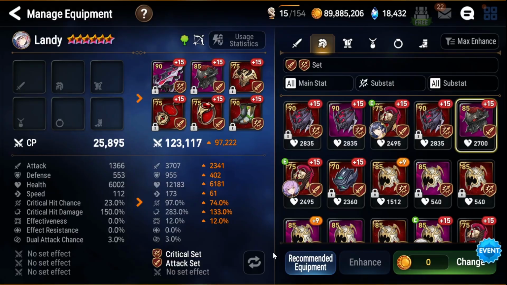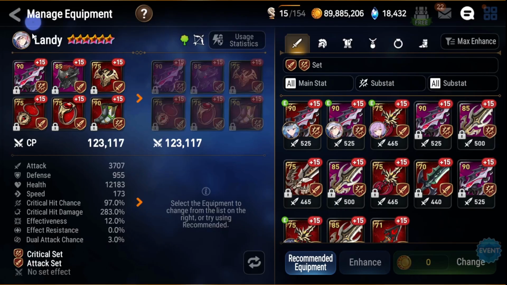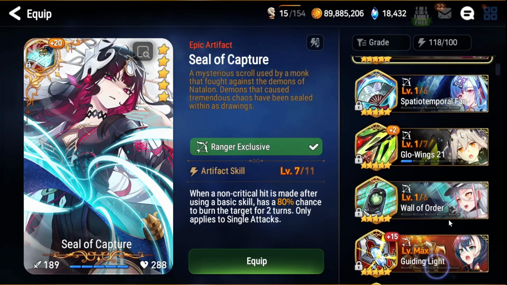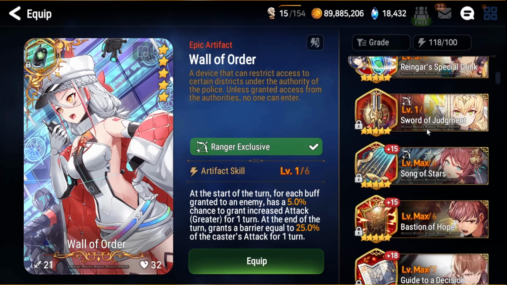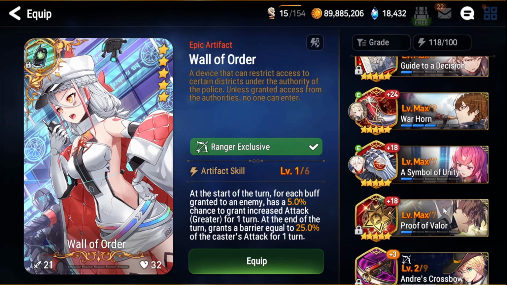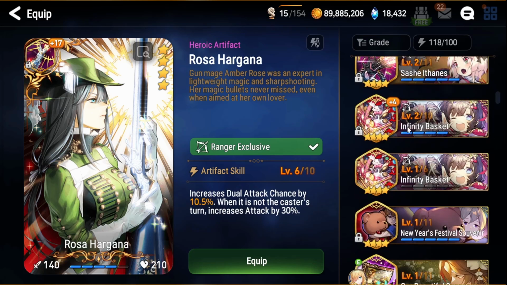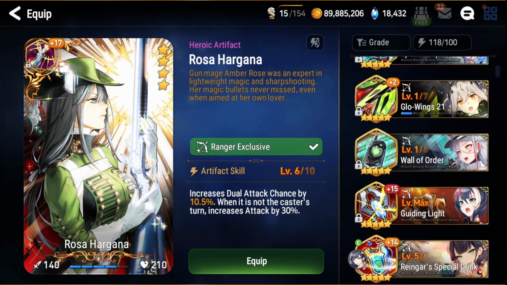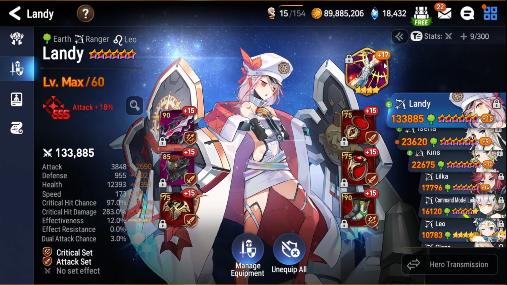I very nearly forgot that we did not gear out Landy. So here is a Landy that we are going to use. Now you do have a few options for your artifact. You can use her artifact, which I hate, so let's not do that. Instead, we can come down to Rosa. I like Rosa quite a lot. Now this person does not have Bloodstone. If you have Bloodstone, then that one is going to be a great all-purpose artifact, but Rosa is going to